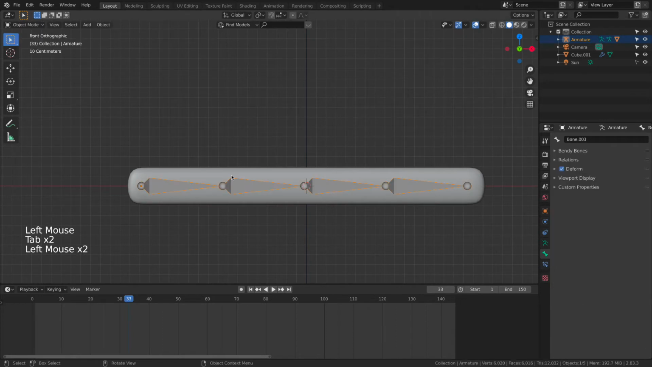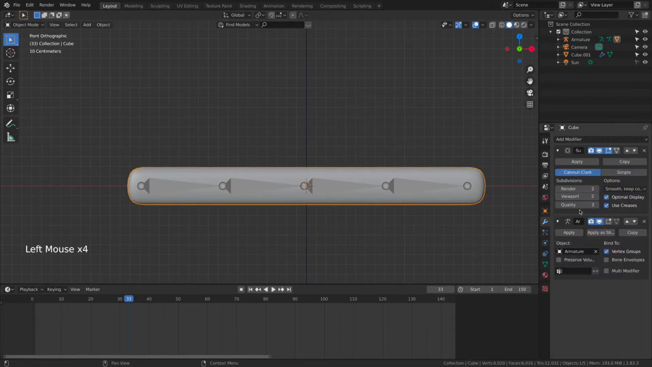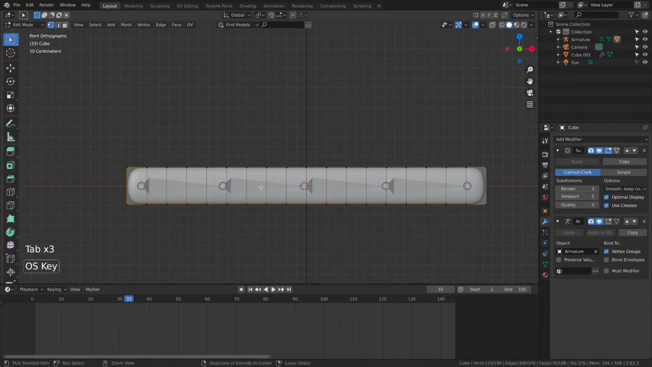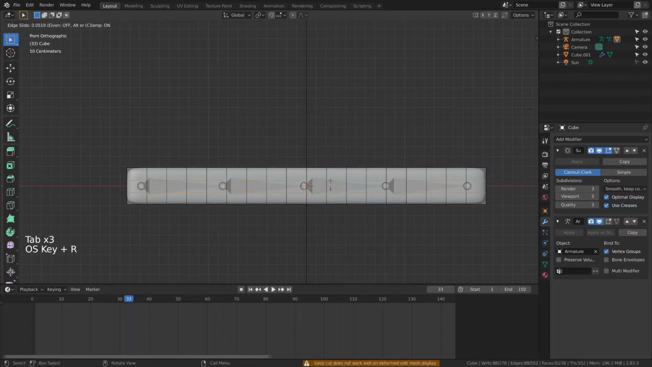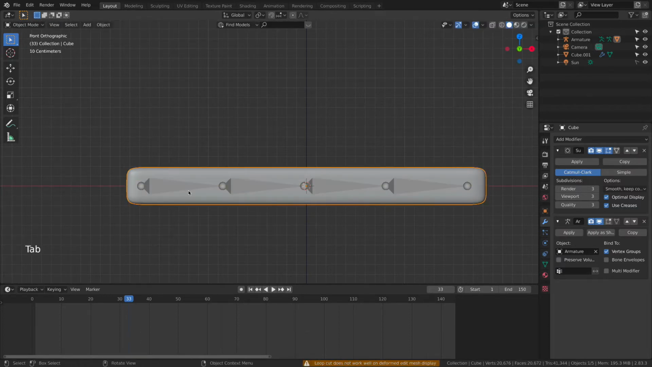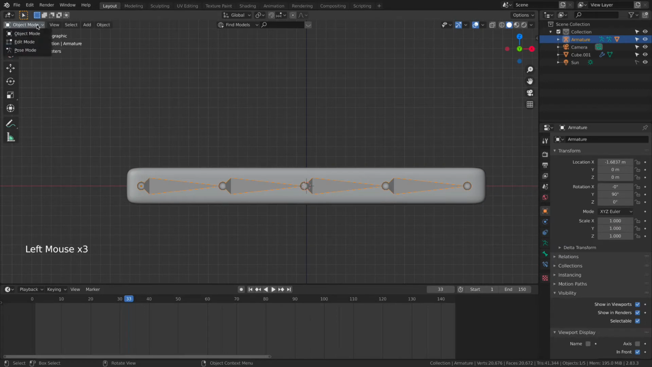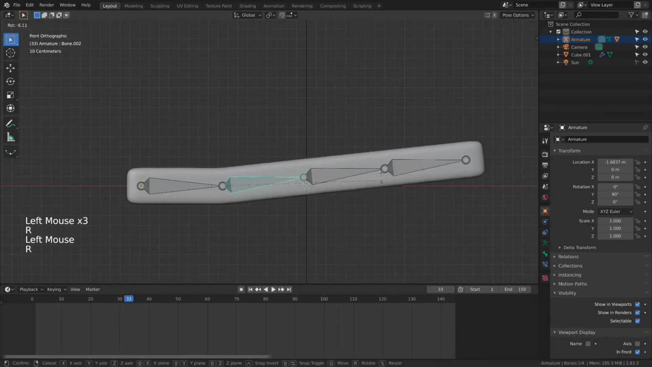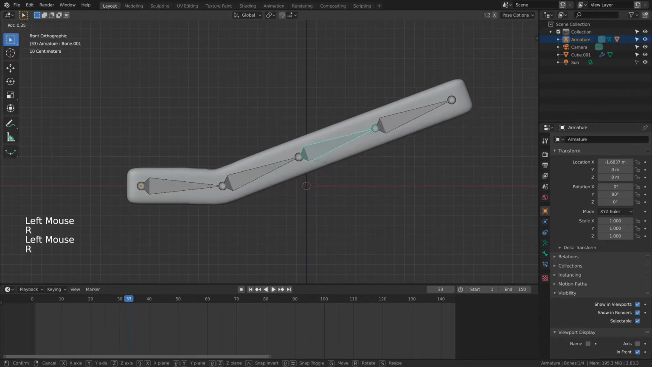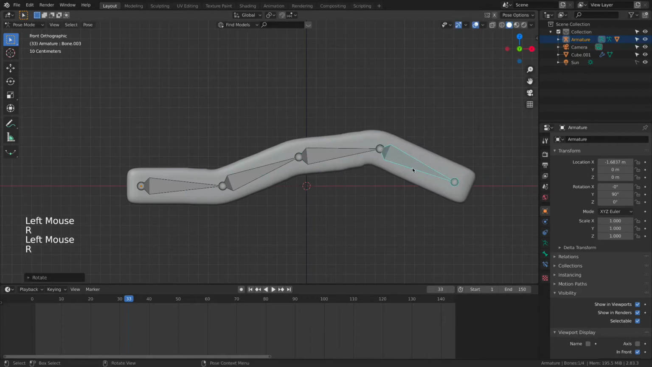So right now I'm going to switch back to object mode, and I will increase the number of subdivisions. Also, I will add 2 subdivisions on the side as well. And now I can go and select my bones back, and here I will be able to bend this bone very simple and very easy,